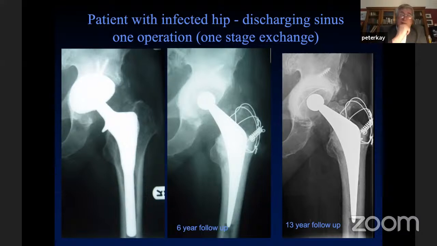And the difference between revising someone straight to a definitive prosthesis so they're on their feet straight away, as opposed to a two-stage with limited weight bearing in between, is just enormously different. There's a couple of recent publications about the fact that the function is probably better moving straight to a single-stage revision.